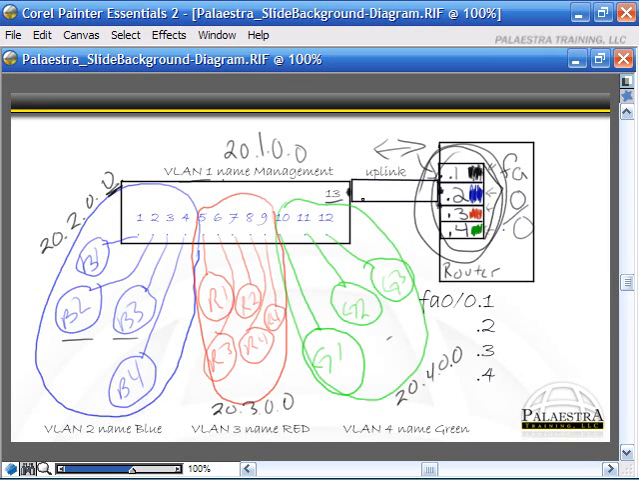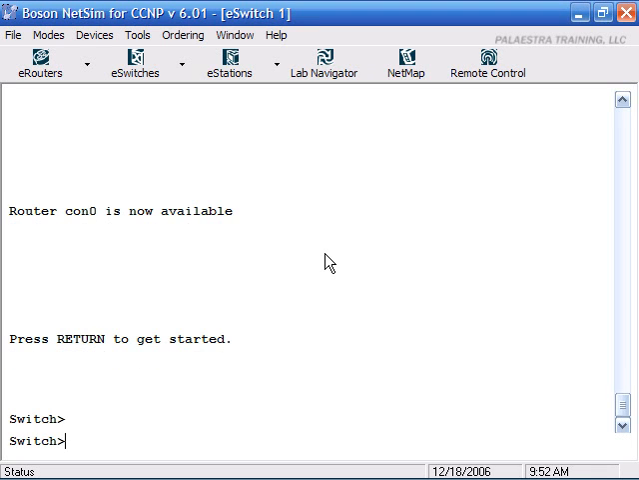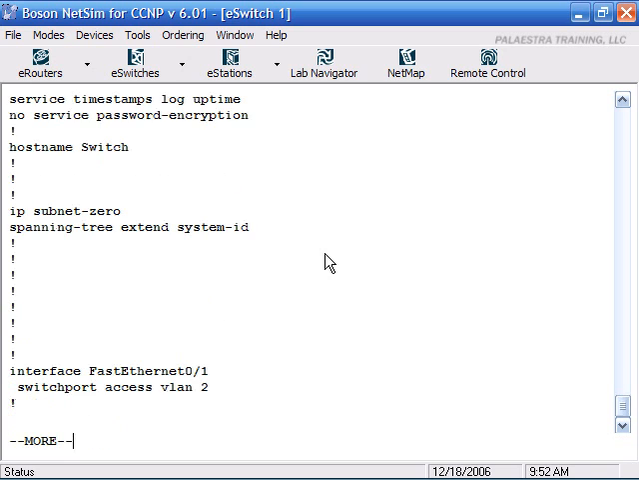So let me bring up my simulator. Here is my trusty simulator. I've gone in and let's take a look at the switch. I'll do a show running-config. Again, I just type show run because I'm lazy, and I can see that